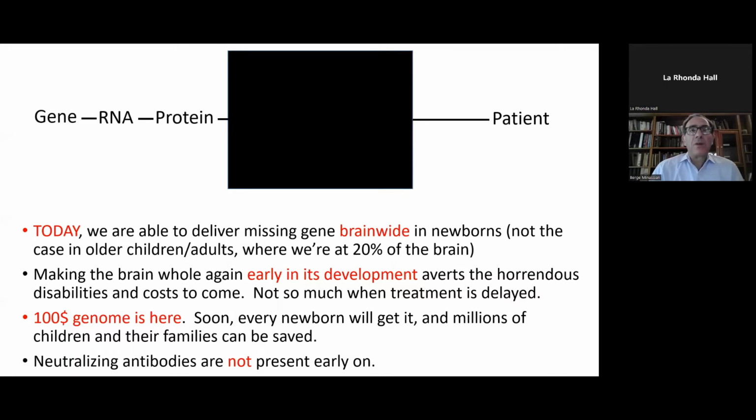Now, if we do gene therapy in older children or in adults, we cannot. We're currently limited at about 20% distribution in the brain. So 20% of the cells will get the gene product. So there's a huge advantage in child neurology compared to adult neurology, for example, and especially in our diseases that start so early because they are developmental, that we could potentially fix the problem brain-wide early on in the newborn